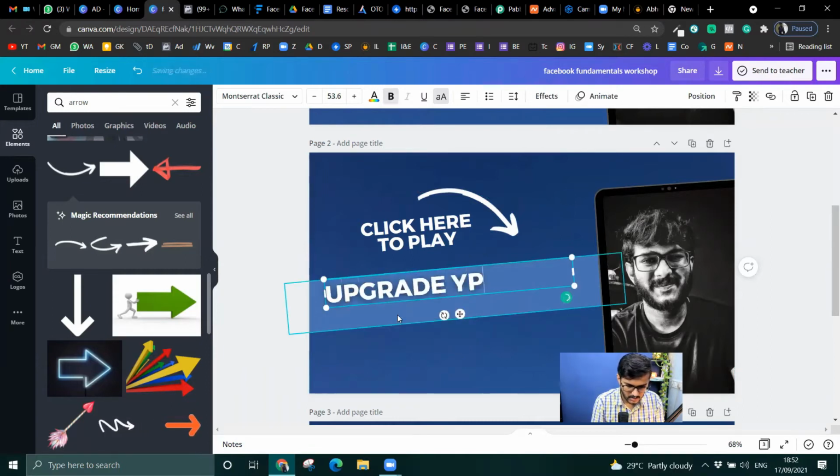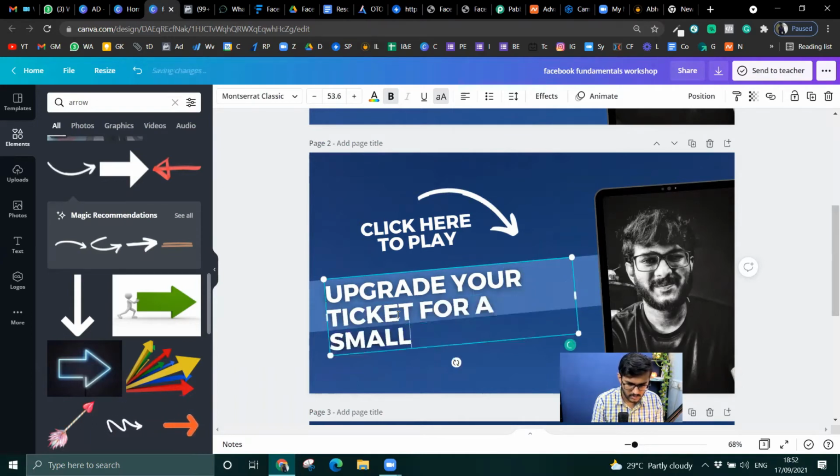Upgrade your ticket for a small fee. No, I'll just mention the entire amount for just rupees 199.